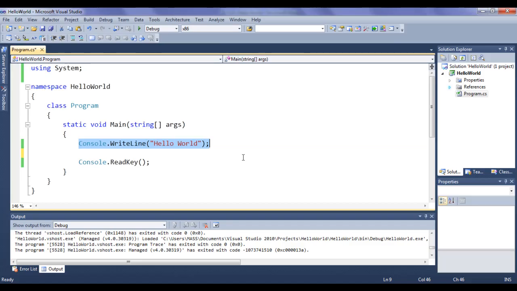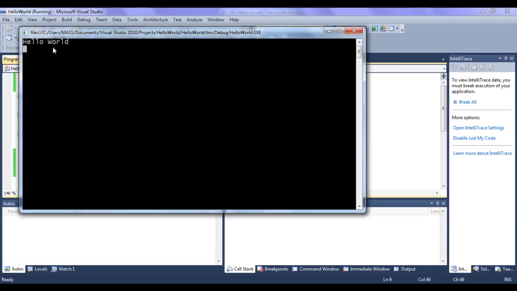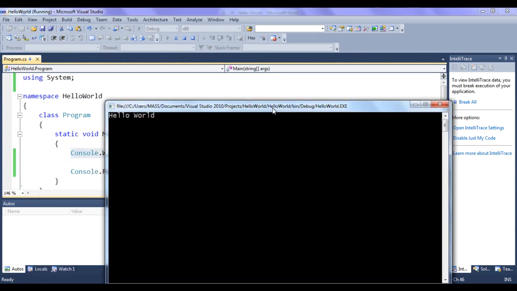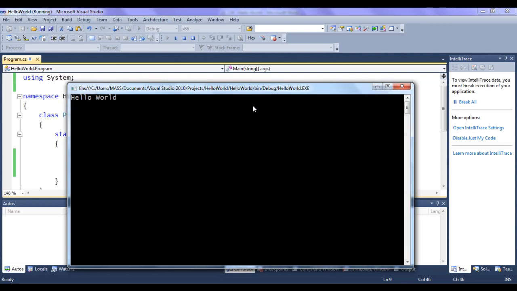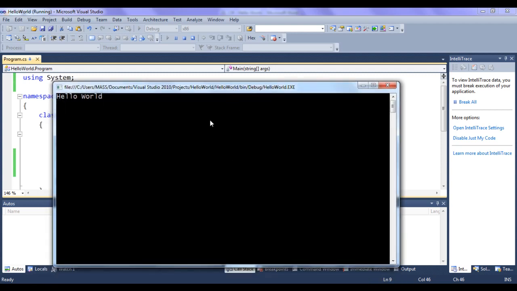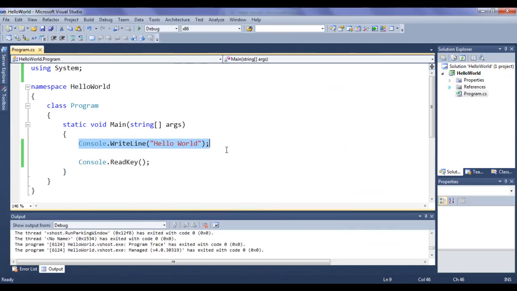I go to Visual Studio. If I say start debugging, you can see that hello world is displayed. Who is displaying this hello world? This statement Console.WriteLine hello world is displaying the hello world in the console window. Next, the console window is waiting for the keyboard input because of this statement, guys, Console.ReadKey. If I remove this Console.ReadKey, automatically the console window gets closed, guys. If I hit enter, now the console window is getting closed, right?